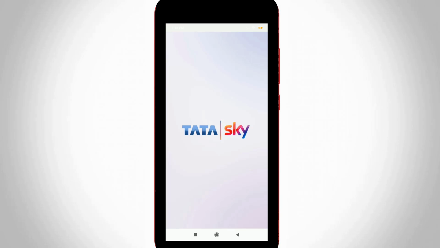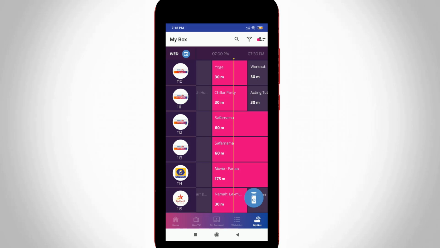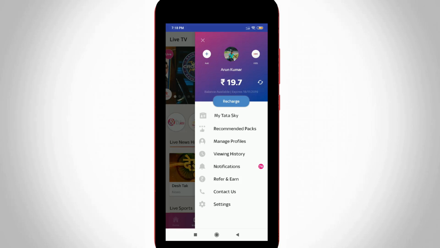So today I will show you how to change the registered mobile number from your Tata Sky account. But here I show the steps using the Tata Sky mobile application, and this trick is common for all Android mobile devices, including iOS iPhone also, because this application setting location is common.